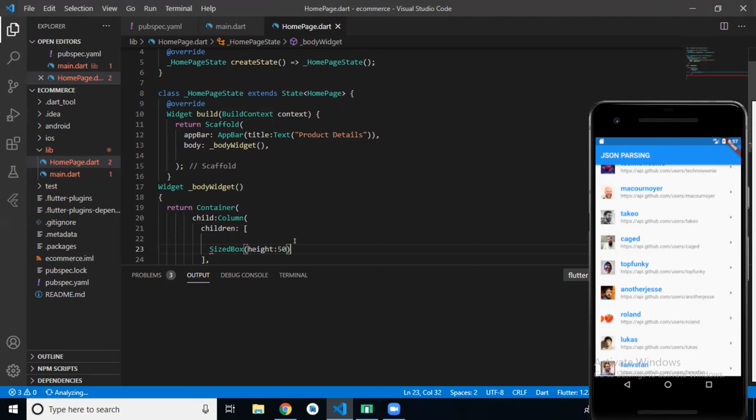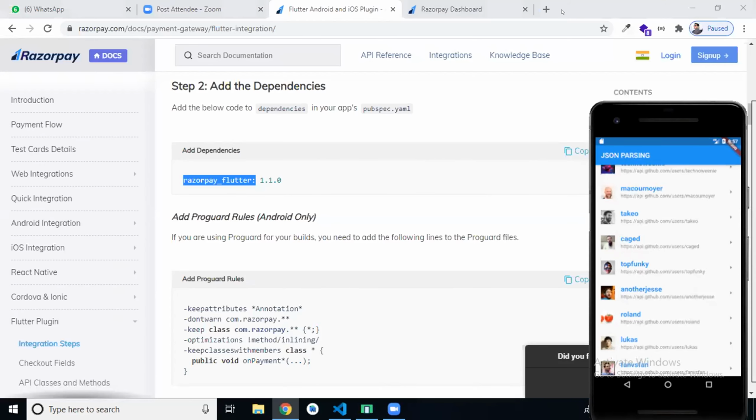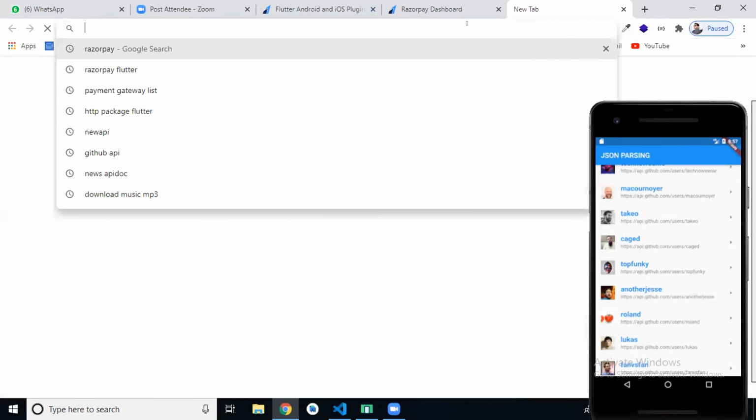Then we have a network image, or rather Image.network. In this we can pass any image. So open pexels.com.